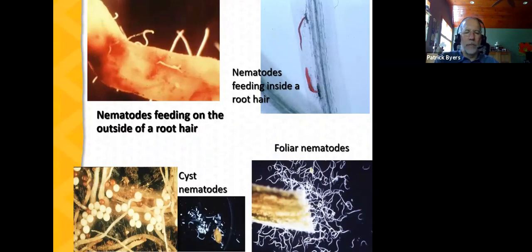And then the lower picture there, these are called cyst nematodes, and they are interesting in that as they feed, they more or less form a permanent attachment to the root system, and then they develop into this. The plant root system responds by developing these cysts that sort of encase and protect the nematodes and allow a good feeding site for the nematode.